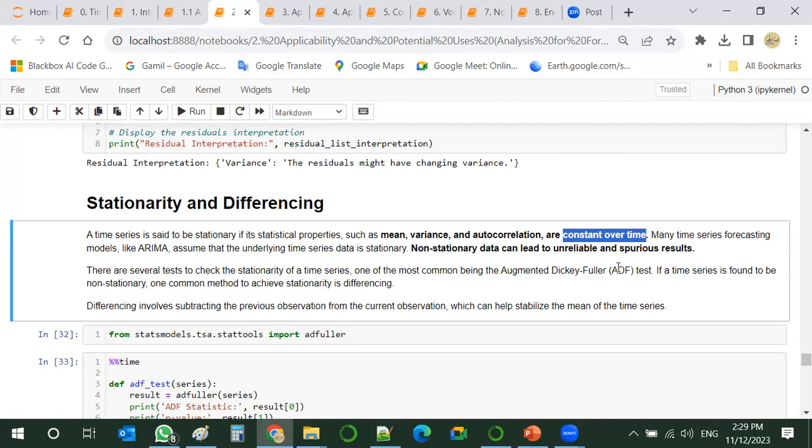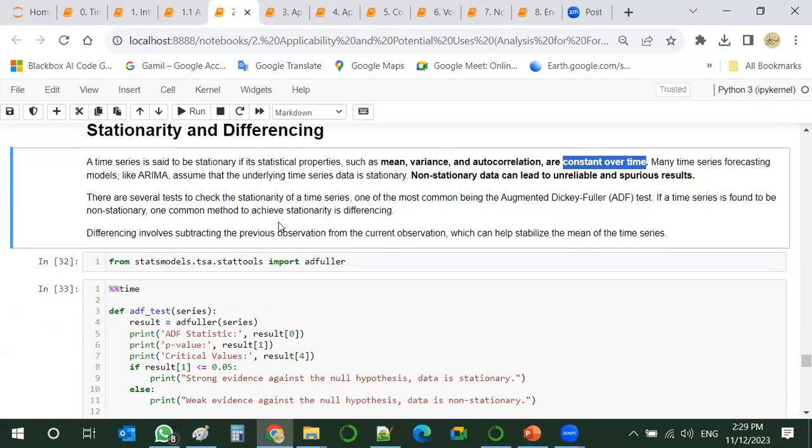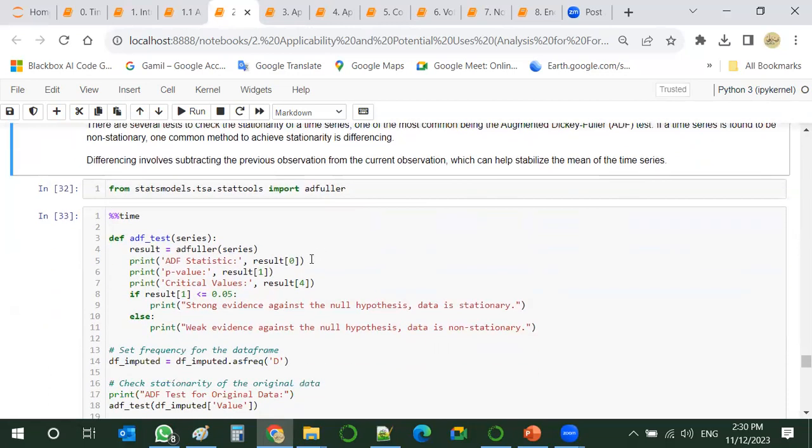We use something called the augmented Dickey-Fuller test. And if it is not stationary, we can use a technique that's called differencing. Differencing is just subtracting the previous observation from the current one, and this can help stabilize the mean. We might need to do subtraction with different lags sometimes.